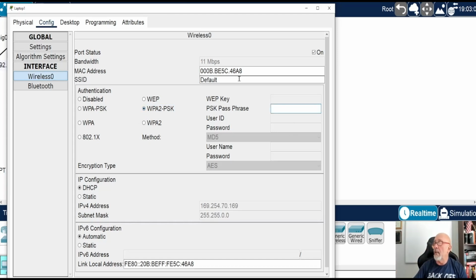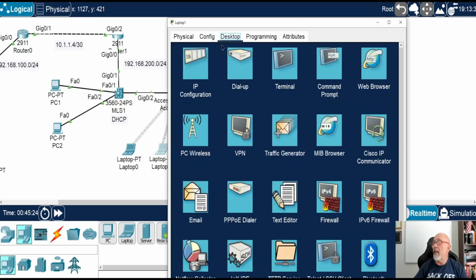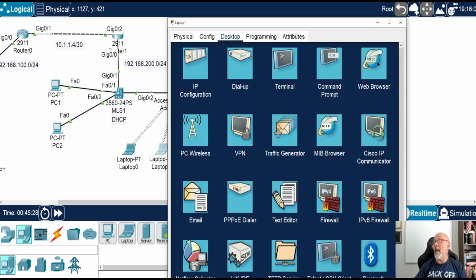Let's put in the LAN 200. Oops, LAN 200. And it is Cisco 1234. Cool, done deal. All right, and then let's go ahead and close that, and let's fast forward through time. It connected, lovely. All right, let's see if it gets an IP address, and it sure did. So let's check from this laptop right here, can we get to the Globed website?